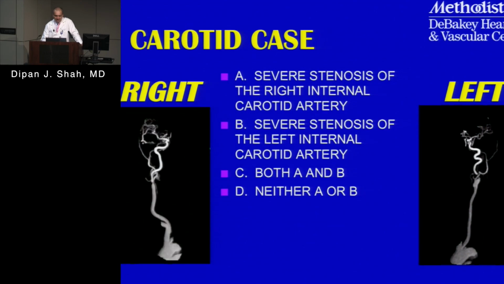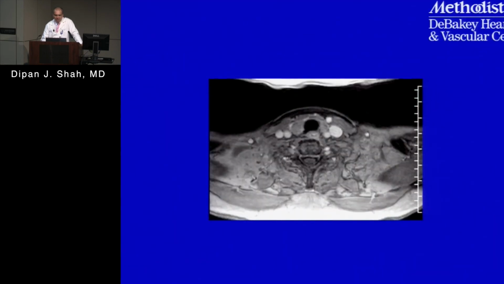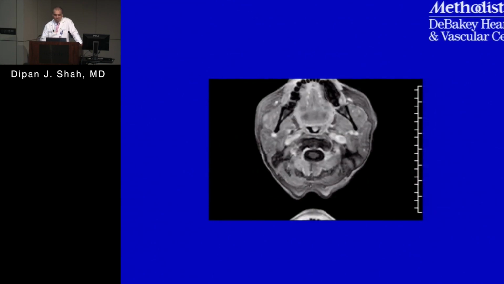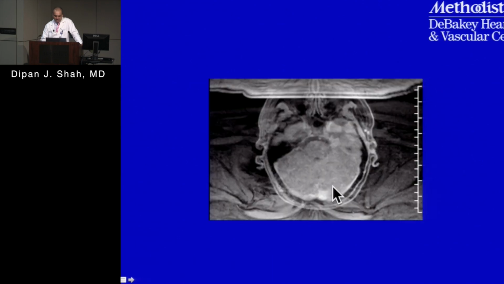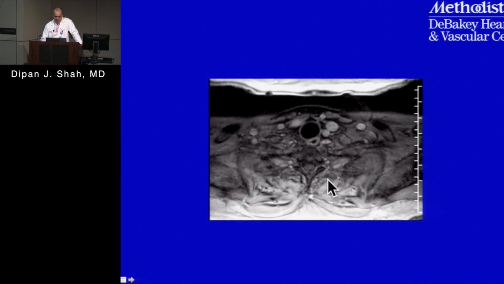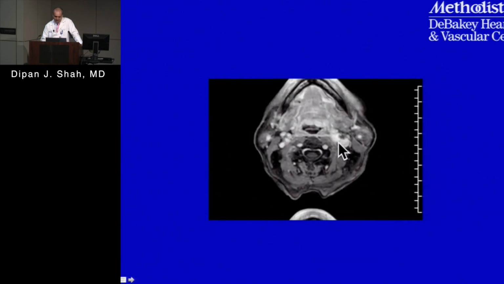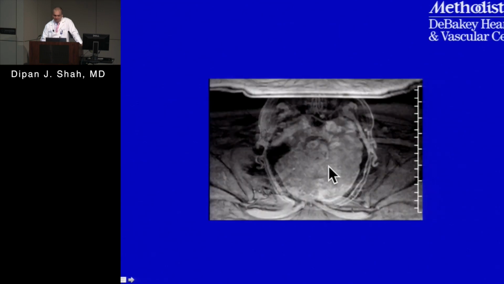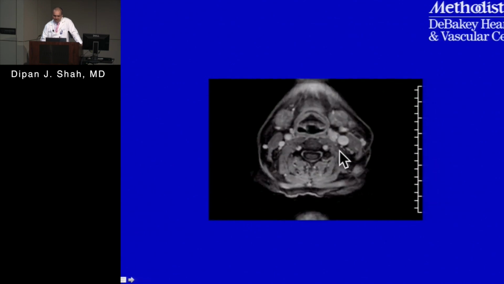And the point of this case actually is that it's important that you always go through and look at all of the images. So look at these morphologic images through the neck, and let's see if this will play. And focus in, especially on that left side. Yeah, so there's some external void,